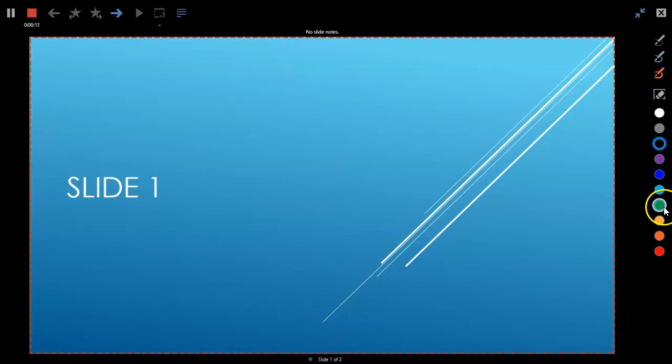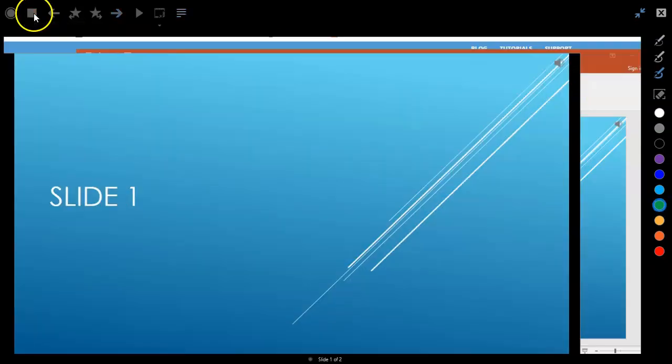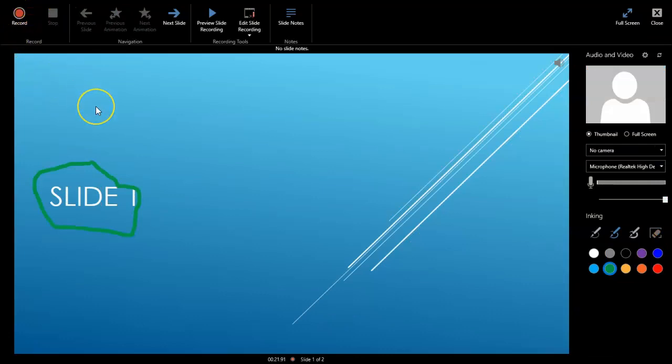So as I talk, I can choose a colour, choose an annotation, and I can just draw over particular bits and talk. And when I'm happy with that particular slide, I press the stop button or the pause button that was there, and now that slide is annotated. If I want to play it back, I can just press that button,